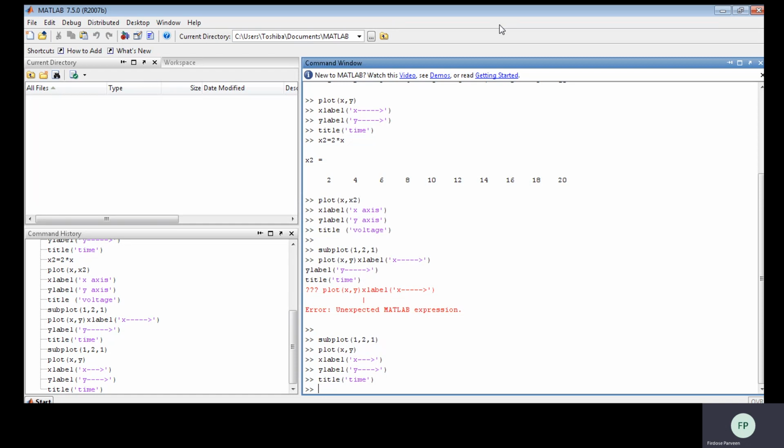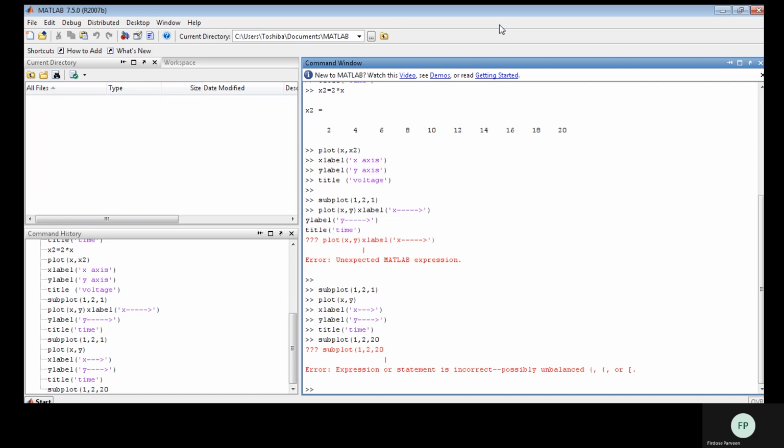So again subplot, one row, two columns, and the position now will be 2: subplot 1, 2, 2.